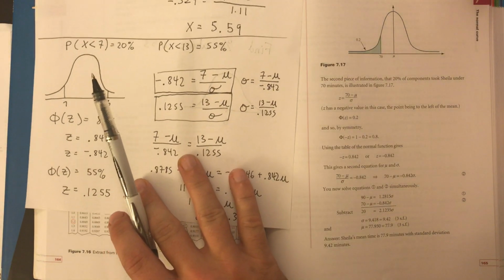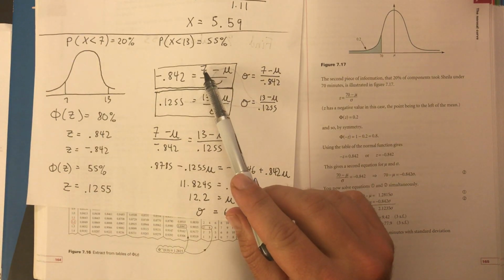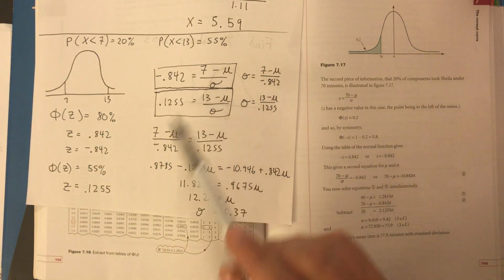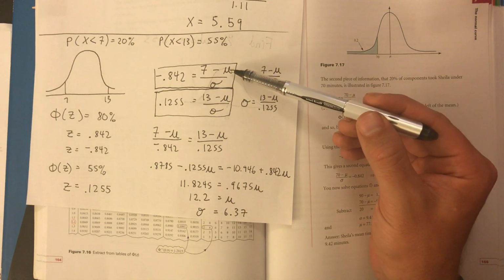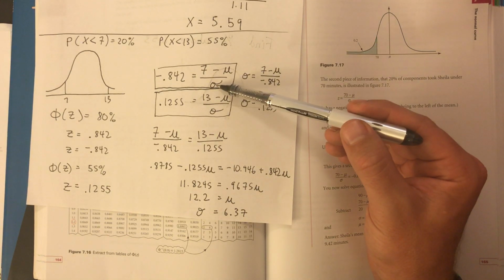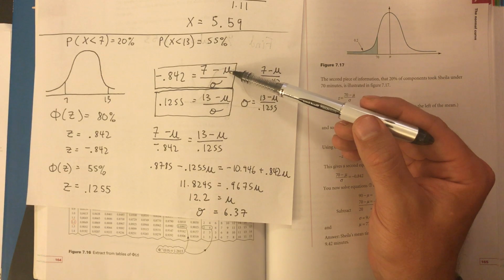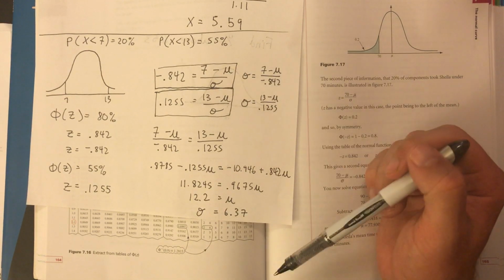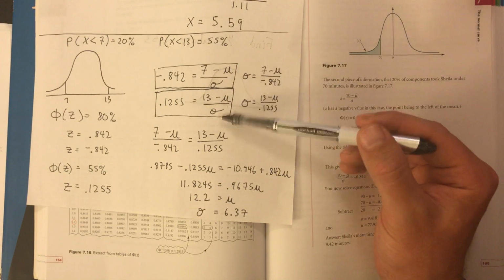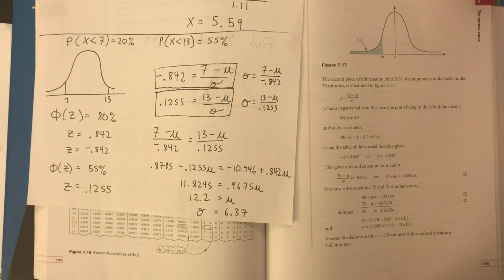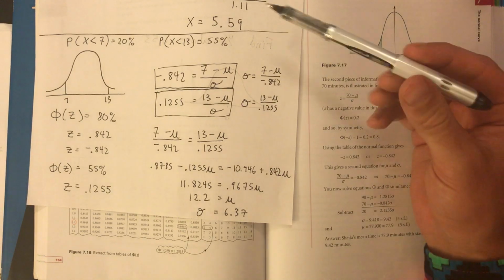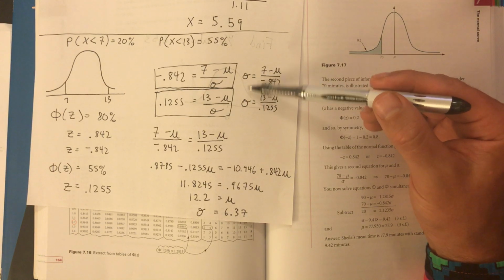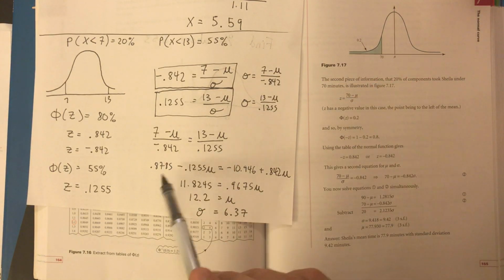Down here, the difference is they told us the x value in the given info, 7 and 13. What they didn't tell us was the standard deviation, or the mean. But that's okay. Hopefully you've figured it out by now. Looking at both of them, we have a system of equations. Two equations, two variables, so all we have to do is substitute and solve. There are different ways to do it. I went ahead and got standard deviation by itself in both of them, set them equal to each other,